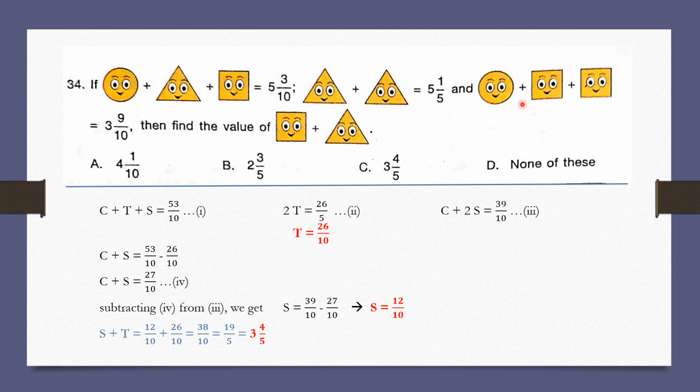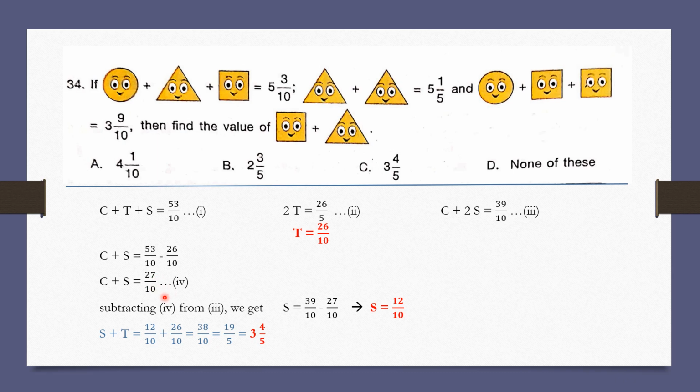Now let's see here, circle plus 2 square equals 10 times 3, 30, plus 9, 39/10. Now here we can get the value of triangle, which will be triangle equals 26/10. Now replace the value of triangle in equation 1. So we will get C plus S equals 53/10 minus 26/10. So we get the value of C plus S